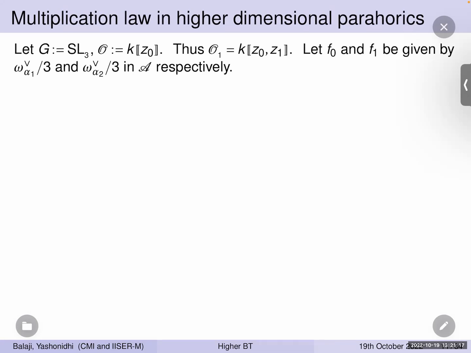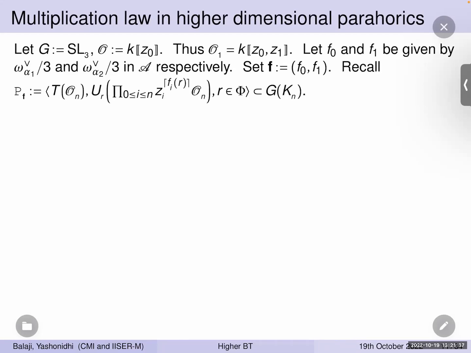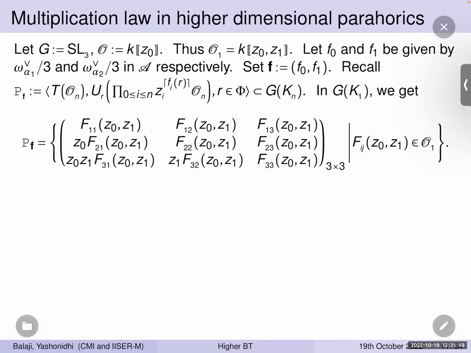These are points in the apartment, and therefore they give rise to concave functions by the construction M_R theta. That is the type 1 construction. We set boldface F as the pair F0, F1. Now here I'm just recalling the definition of bounded subgroup of G(K_n). With this definition, in G(K_1), we get for our choice of F, the subgroup P_F,